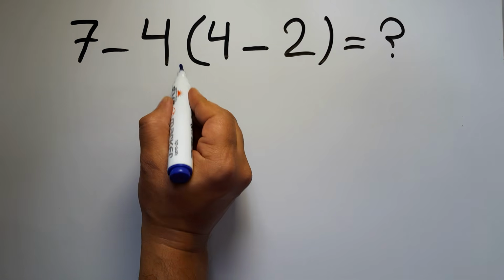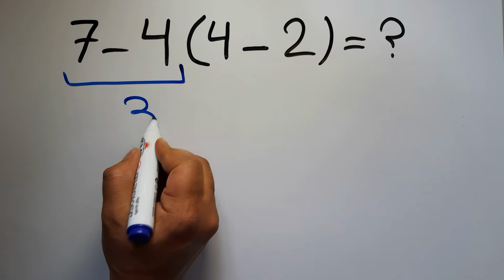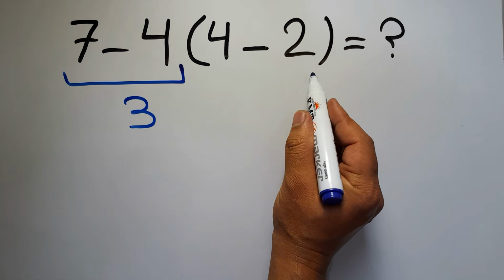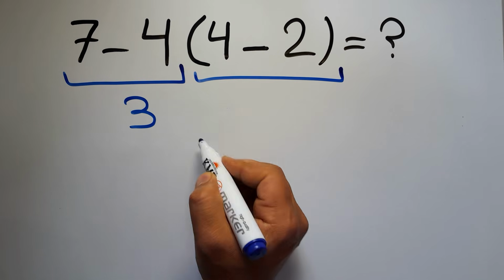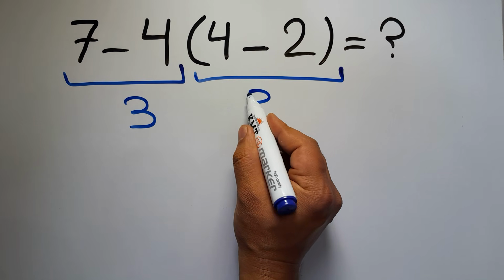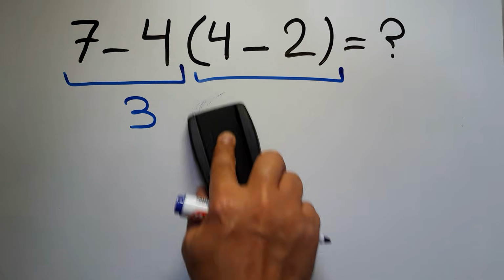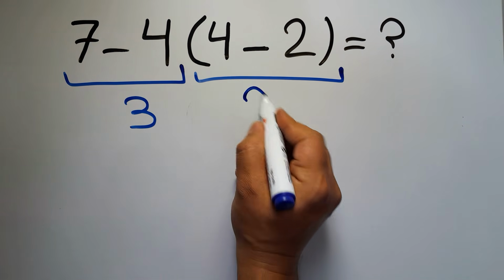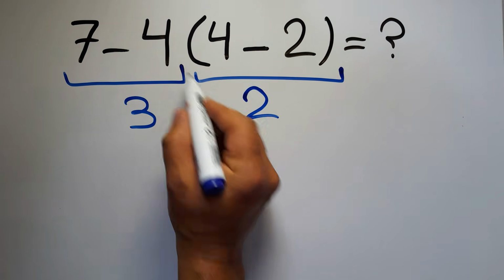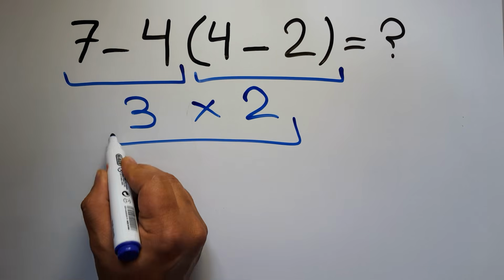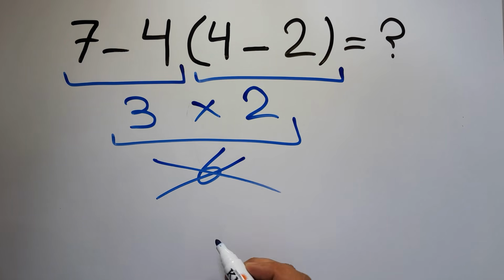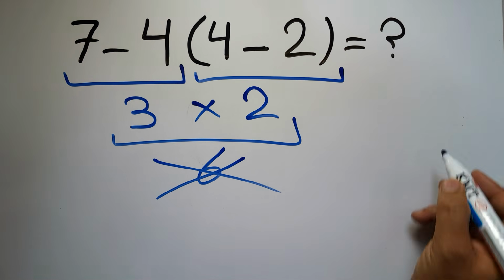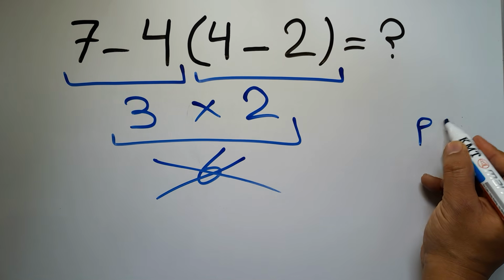7 minus 4 equals 3. And here inside this parenthesis we have 4 minus 2, which equals 2. So 3 times 2 gives us 6. But this answer is not correct, because according to the order of operations, first we have to do parentheses, then